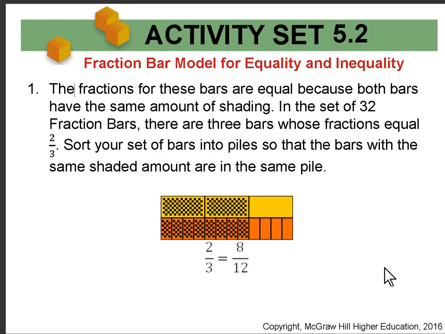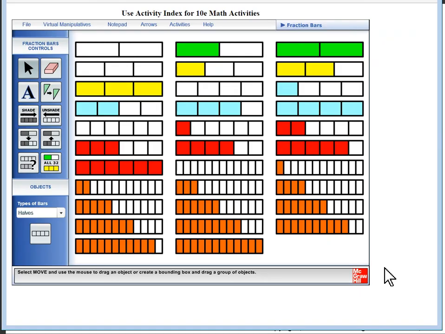In the first question, we look at the bars 2/3 and 8/12. They have the same shaded amount, so they have equal fractions. We ask you to sort your bars into piles with the same shaded amounts. When you look at your 32 bars, hand or virtual, they'll look something like this, and you can see that I can sort, for example, these two have the same shaded amount, and you can stack them all up like